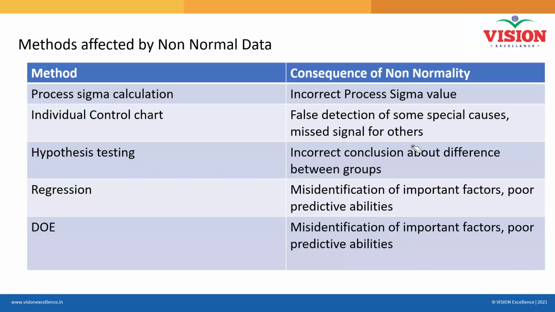Yes. Okay. So with hypothesis testing, if the data is not normal, sometimes it may go wrong. You may sometimes take the null hypothesis as alternate or the alternate hypothesis as null. So that can be a problem, right? Okay. Next,